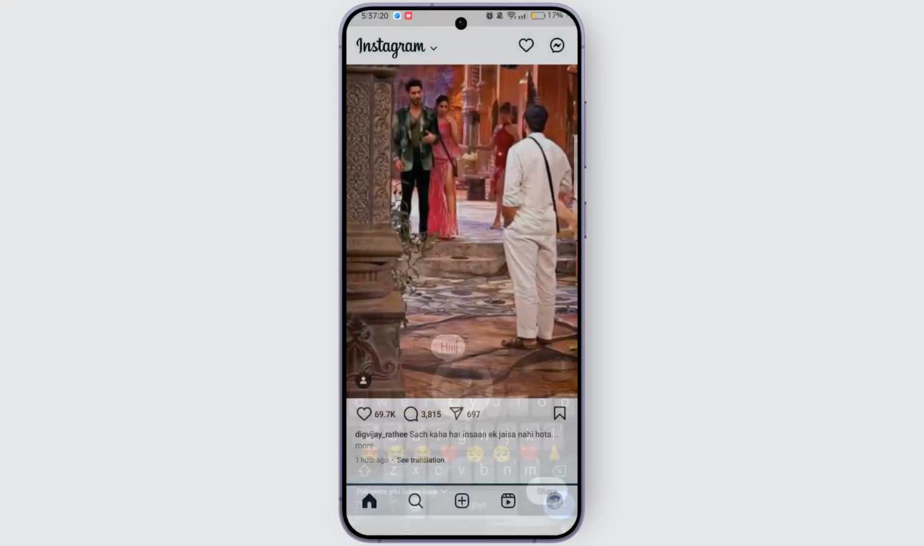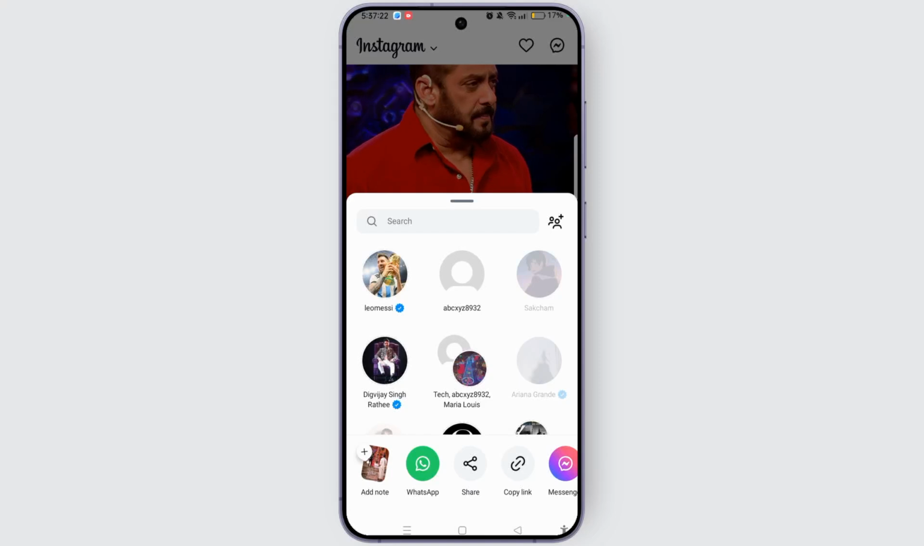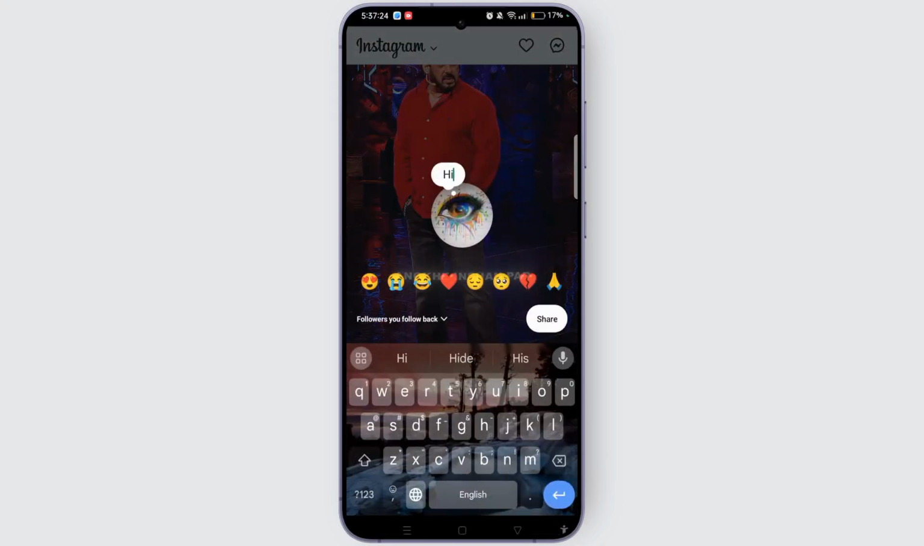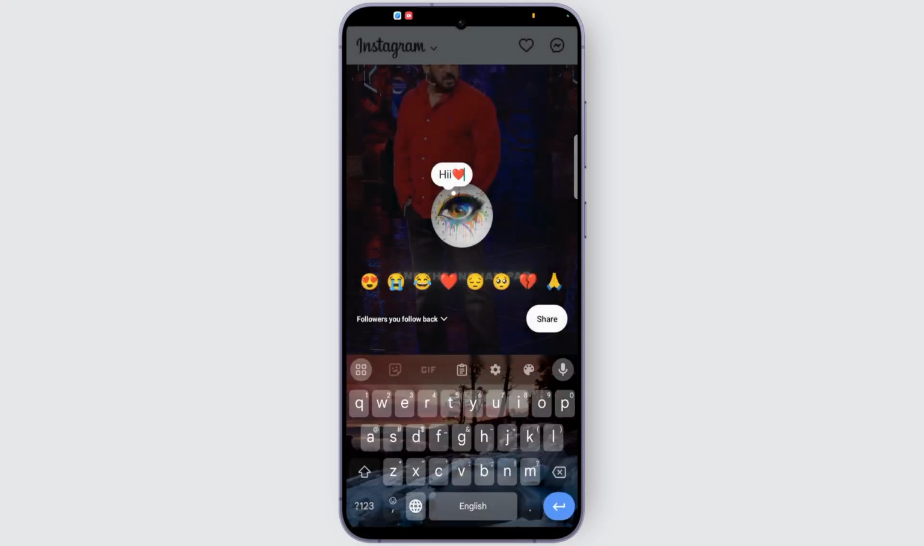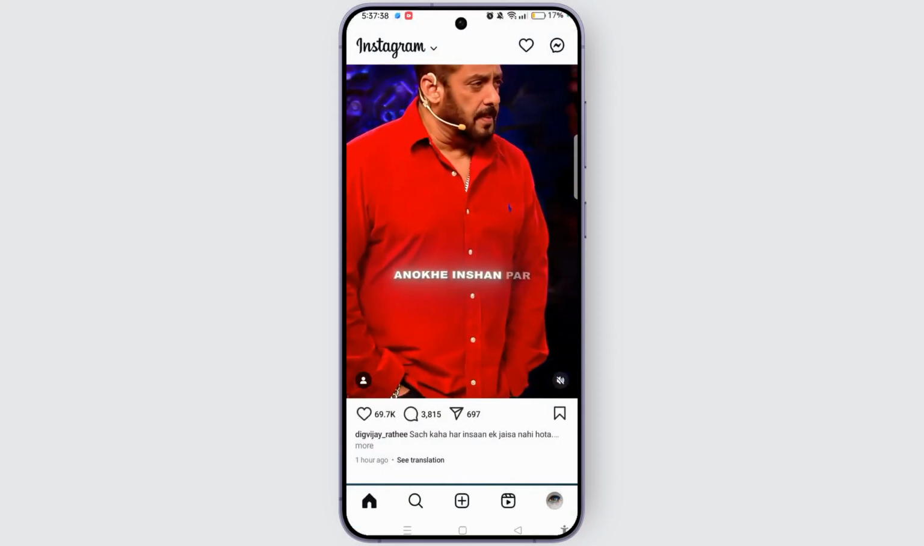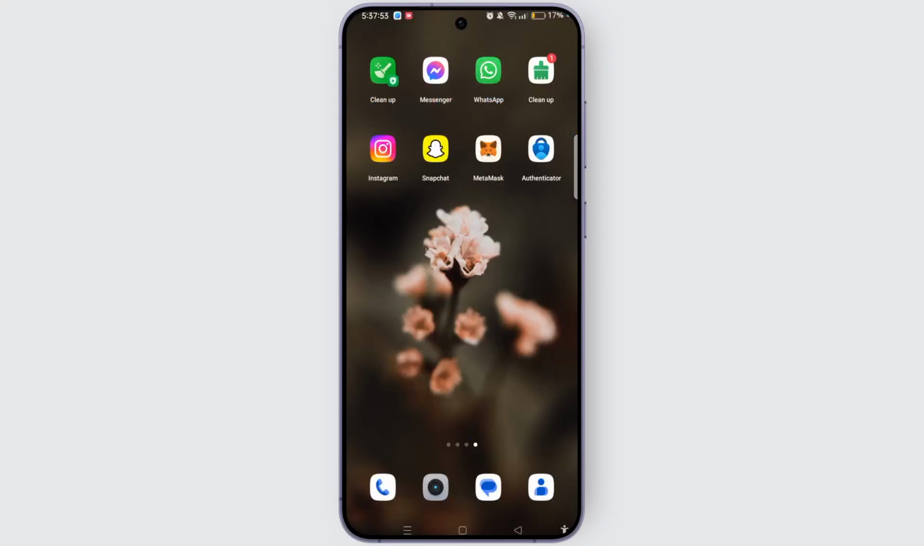and then you need to simply tap on the share button. You can even add emojis, and before that you can select the followers you follow back and choose whether you want to share with followers or close friends. And after that you can tap on the share button and then your note on the Instagram reel or post will be